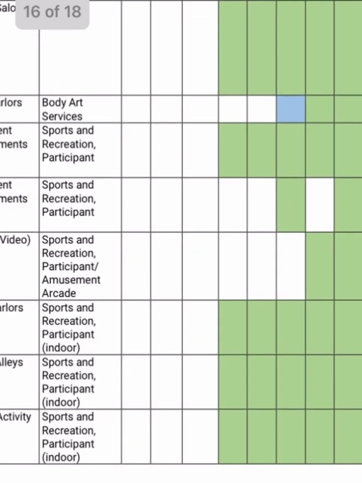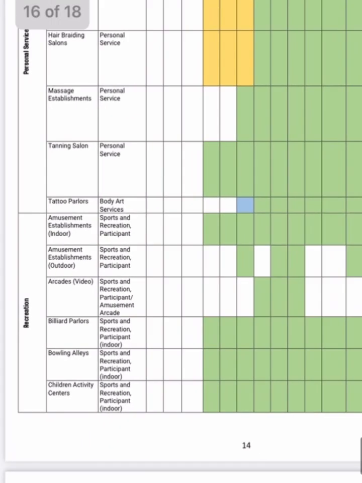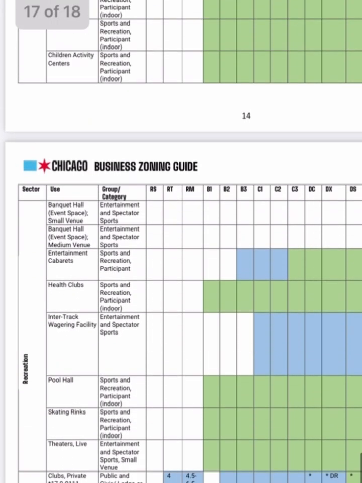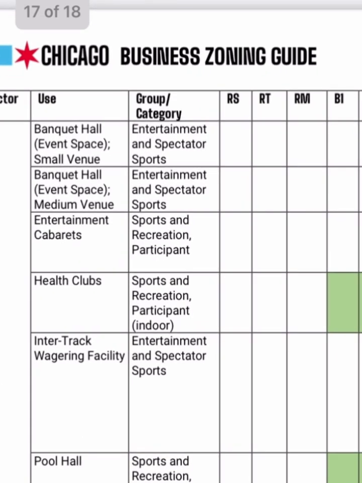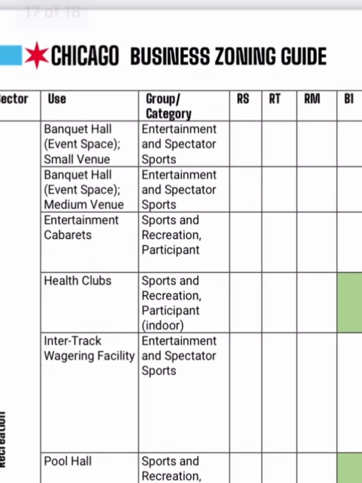Now, I understand if you have a rule, you can't have a certain number of people or cars or sound, but just a blanket statement, none of these entertainment and recreation facilities at all, that's absolutely bonkers, absolutely ridiculous when you're talking about making a vibrant city full of life.